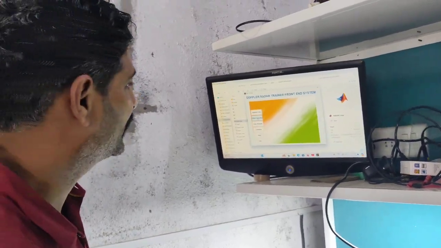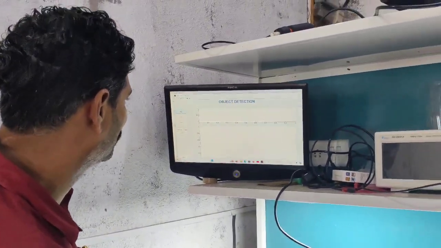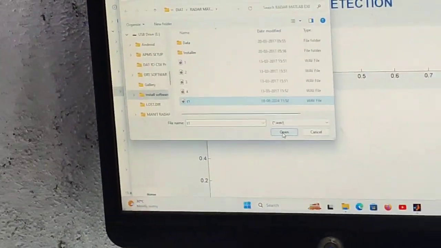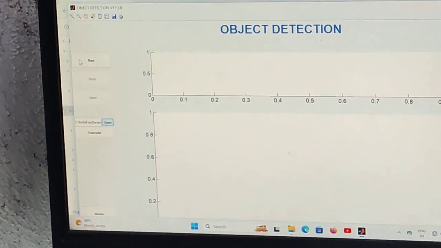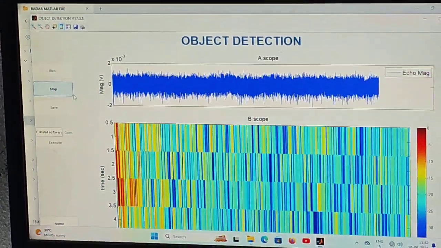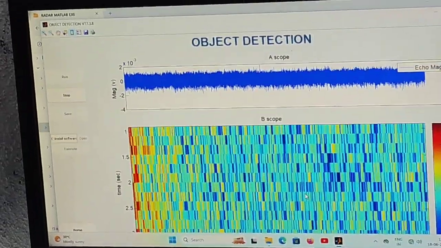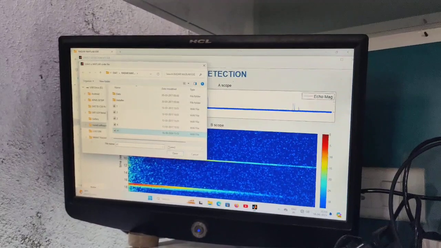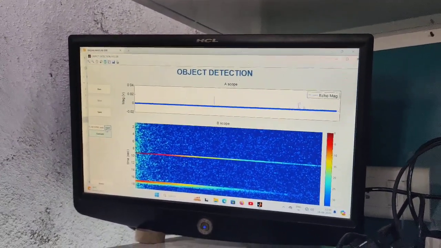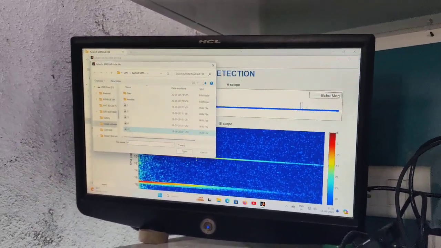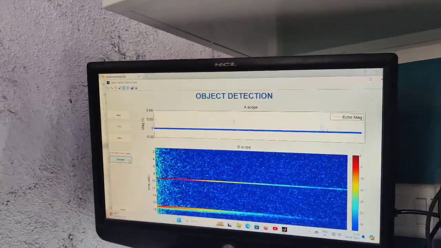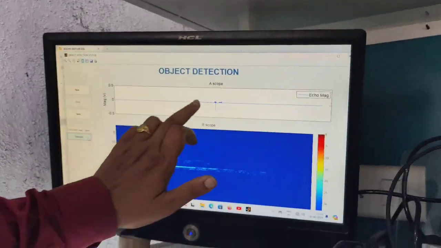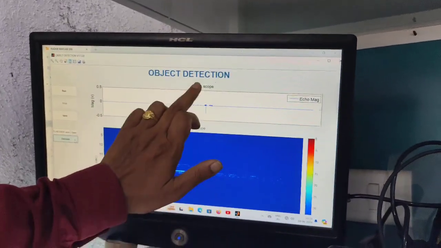Then go to object detection. In object detection, you can select this file T1. So I select this file T1, open, and say run. This is the echo. Open, execute. Whatever recorded wave file I had, I am putting in the A scope, and also